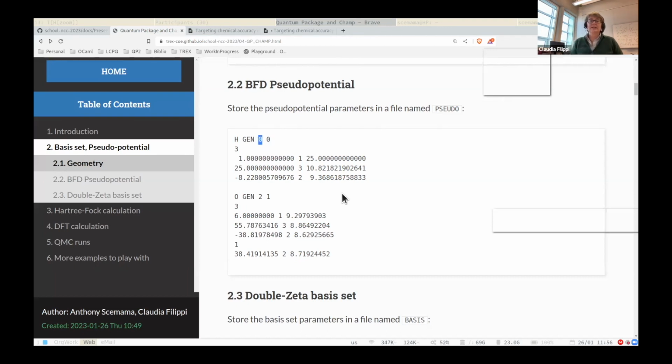So you don't remove an electron. Nevertheless, you smoothen the divergence of the electron-nucleus potential close to the origin. Okay, so this one will give you, especially since we're going to use Gaussians, also smaller time step error. So we pseudize also hydrogen, but only smoothening the divergence. That's all we do.